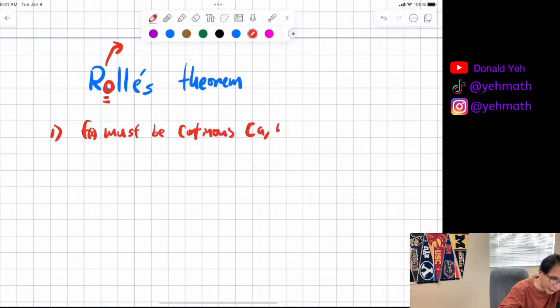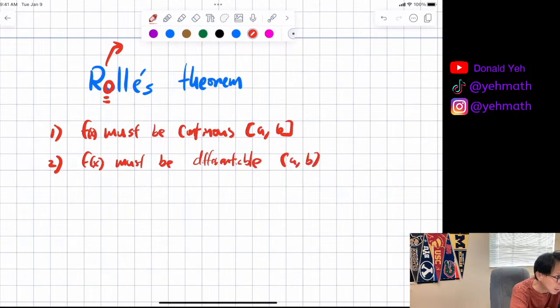And the bracket A to B, why is it a bracket? Because it's very important that you have a bracket here. Second thing is f of x must be differentiable on the parenthesis A to B. Now parenthesis means not including A, not including B, because first of all, it's not differentiable at the endpoints. So